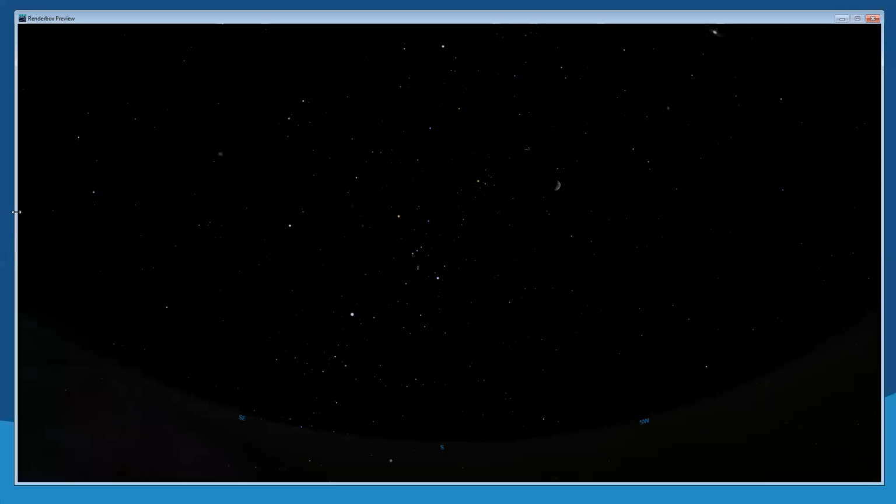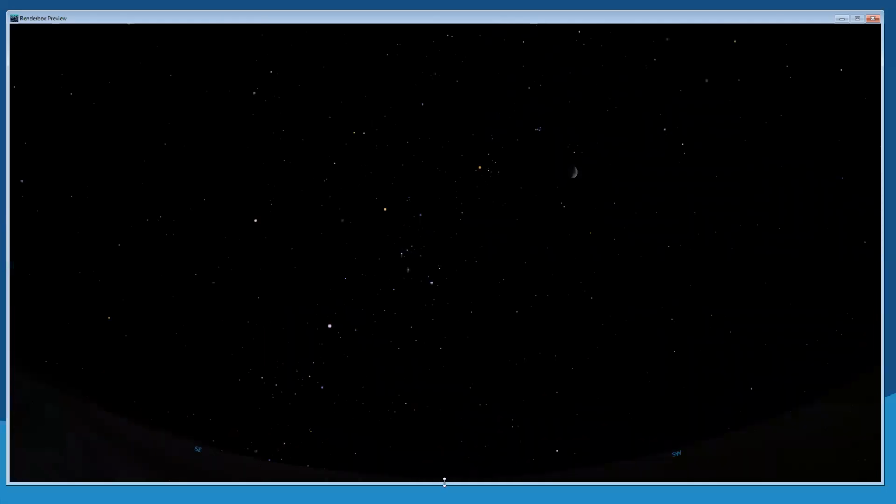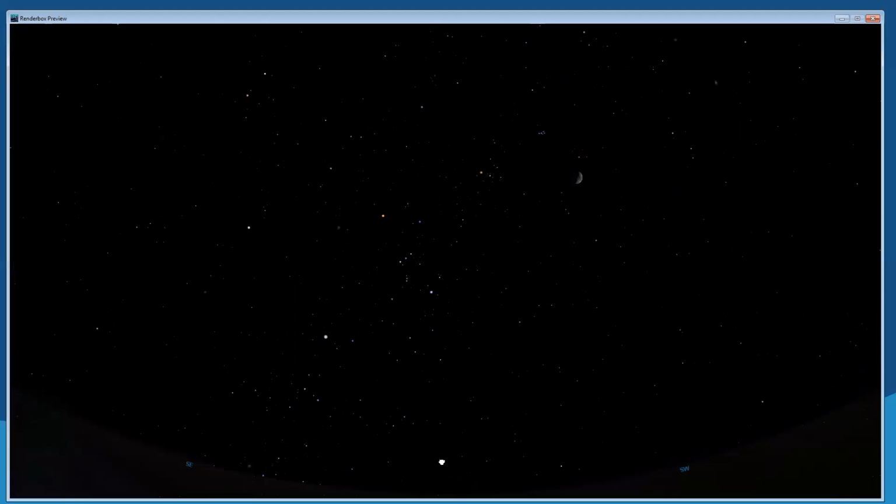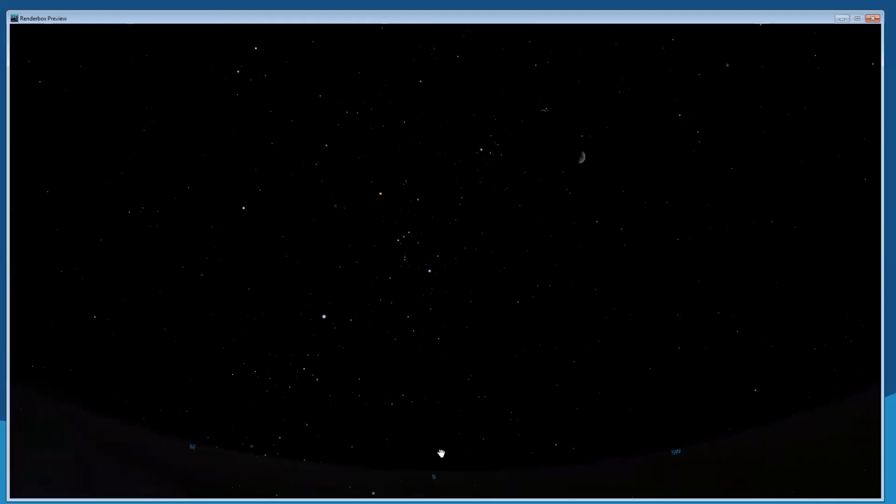All right, for those of you that are new to SciDome at Home, I want to take just a second to show you what you are looking at. This is a flat view of our SciDome, so think of it as looking through a fisheye lens. The horizon is at the bottom, and the cardinal directions are written on the bottom.